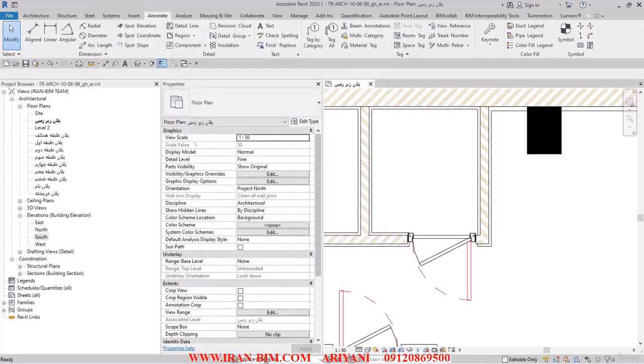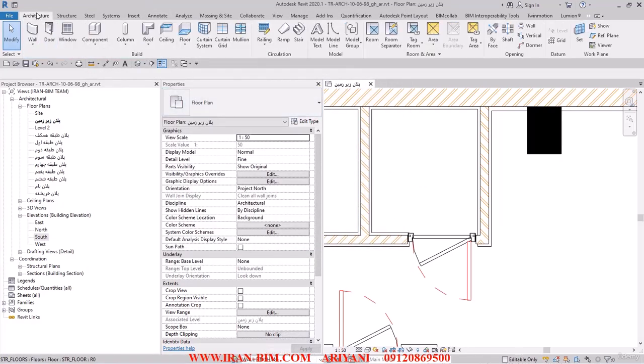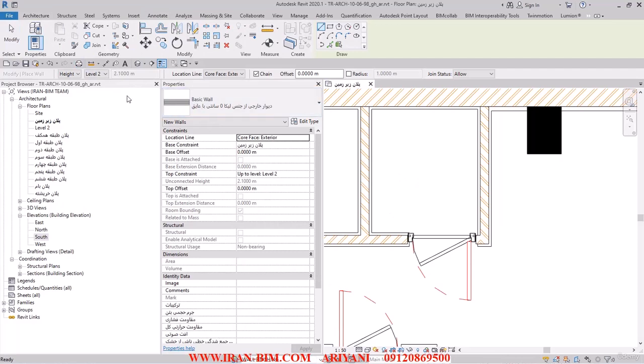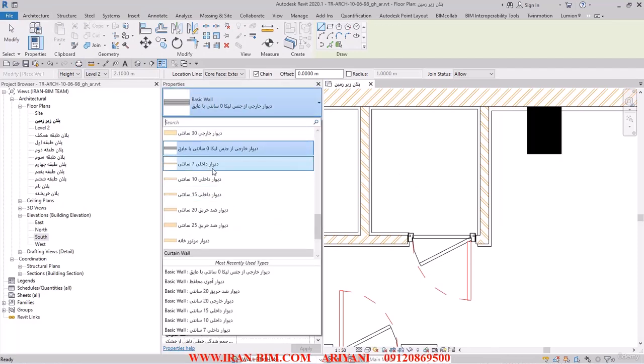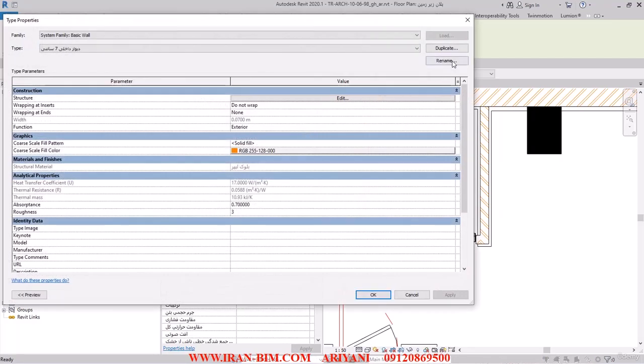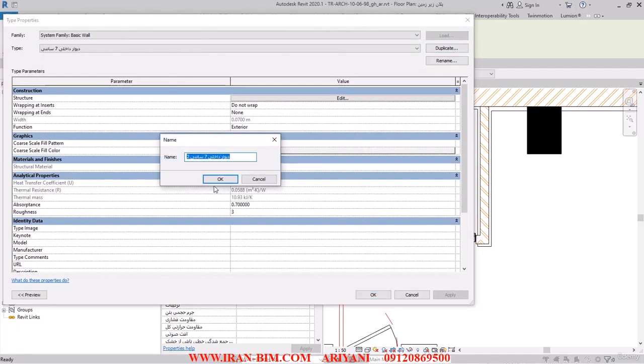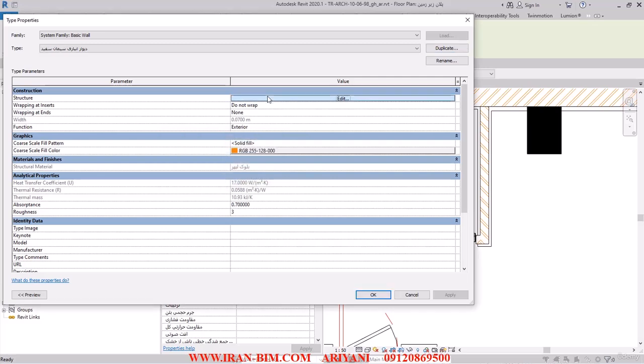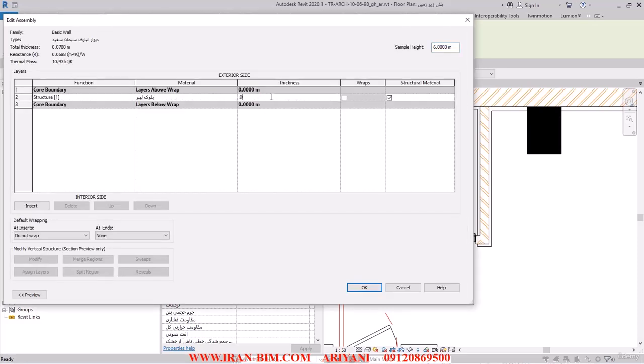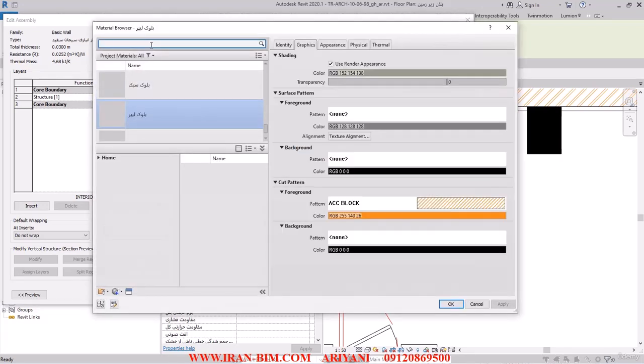So after I've done that, I'm going to go to the wall section, and from this part here, I'm going to choose the 7 centimeter inside wall. I go to the type properties, and I'll make a duplicate of it, and I'm going to name it white cement warehouse wall. So OK on this, and after that I go to the edit section, and I'll pull up the thickness. So I'll put this on 3 centimeters,